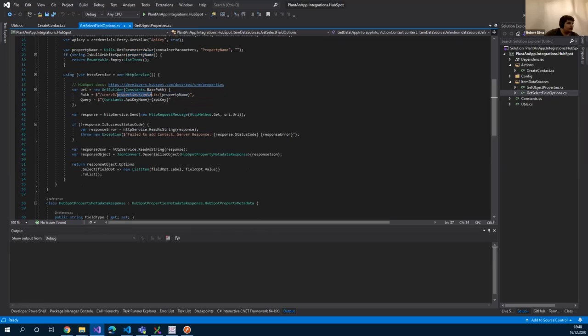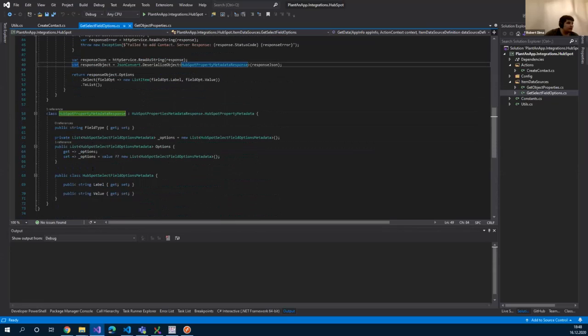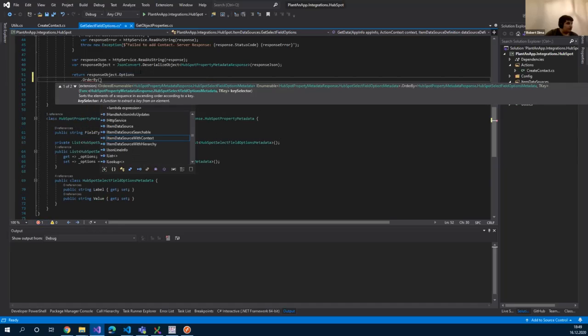The API to get the property options is adding the property name to the other one. So it's properties / object type / the property that you want. And basically it's the same. Again, I have a class here that maps the entire thing. And we get the label and the value again from each option and returning them. I didn't sort them here, but I can simply do it. Usually there are not that many, so